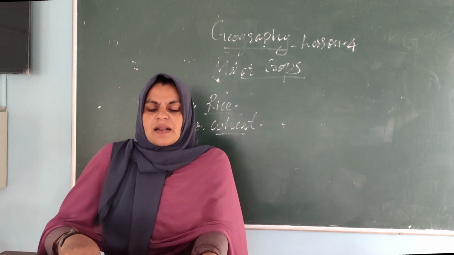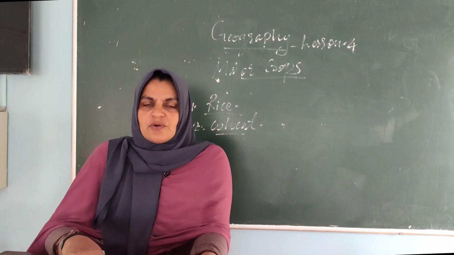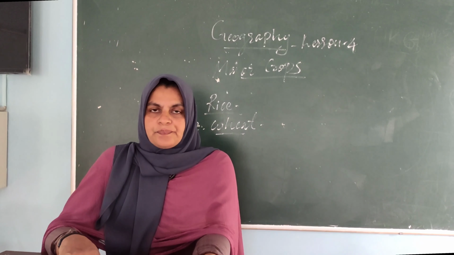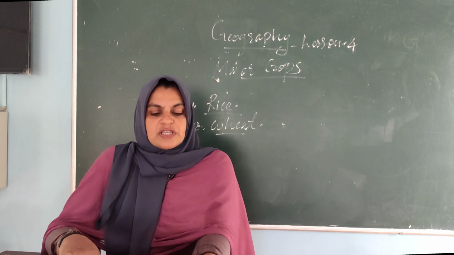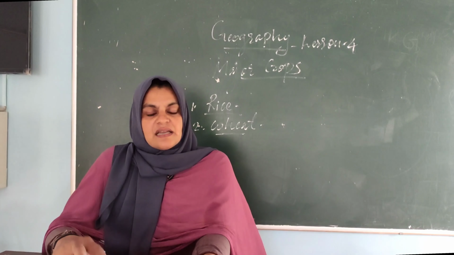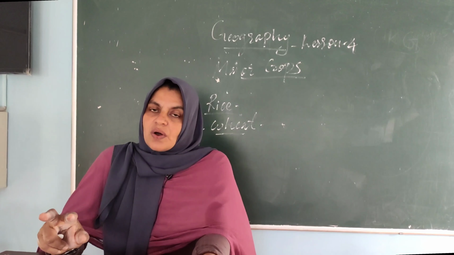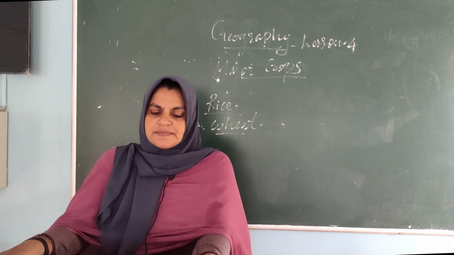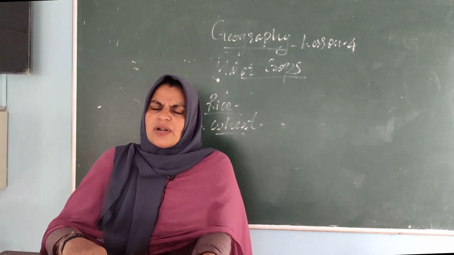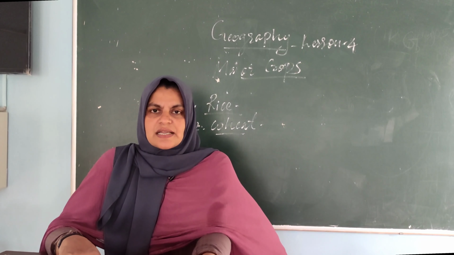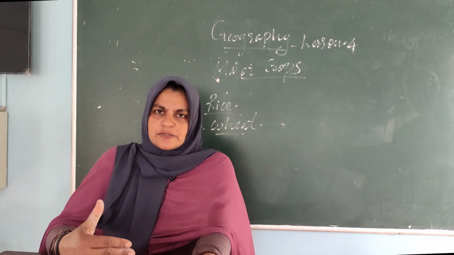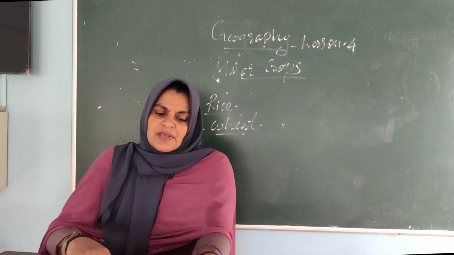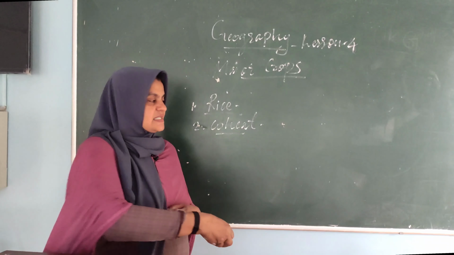And the major wheat producing states. You have to understand which are the major wheat producing states in India: Punjab, Haryana, Uttar Pradesh, Bihar, Rajasthan, Madhya Pradesh, etc. These are all the important states for growing wheat. I think you got it. These are the only important things we have to understand about wheat. Then you have to read this paragraph. Very small area. Okay. Next, we have to discuss millets.